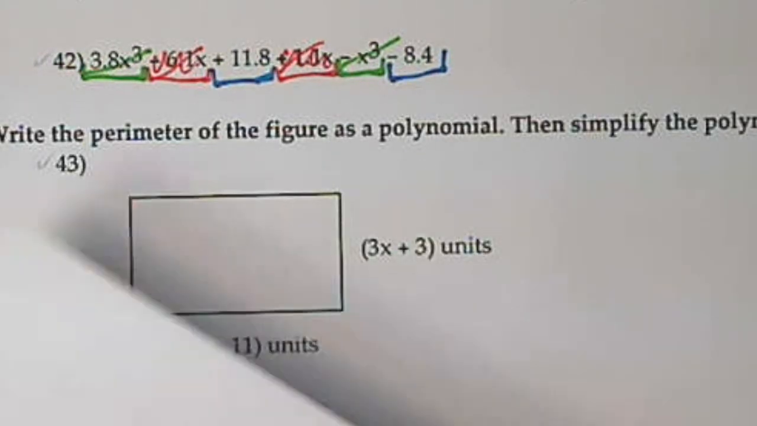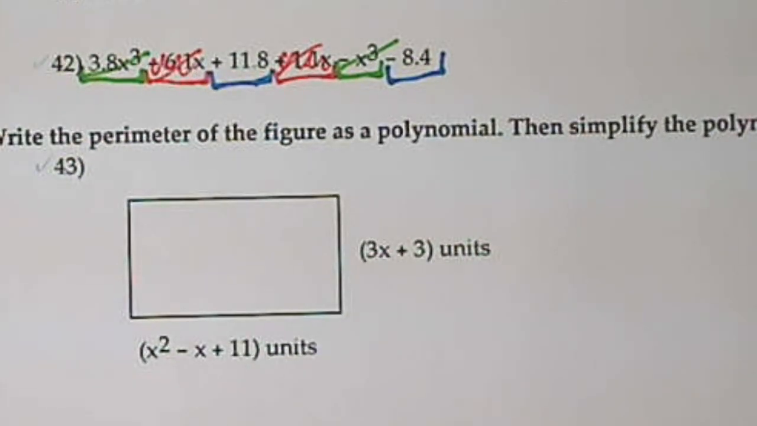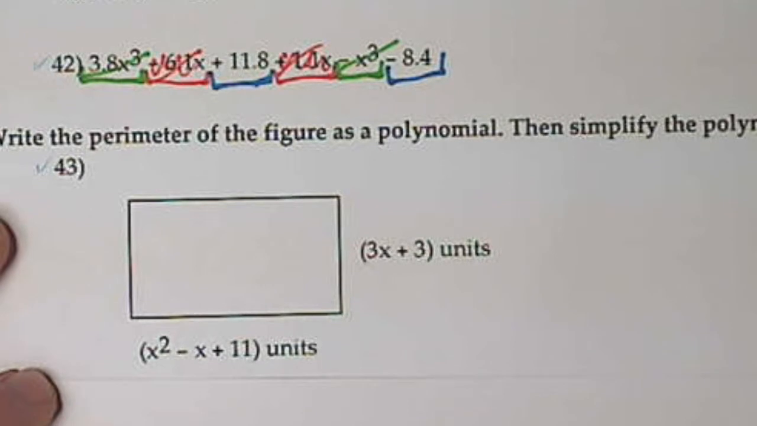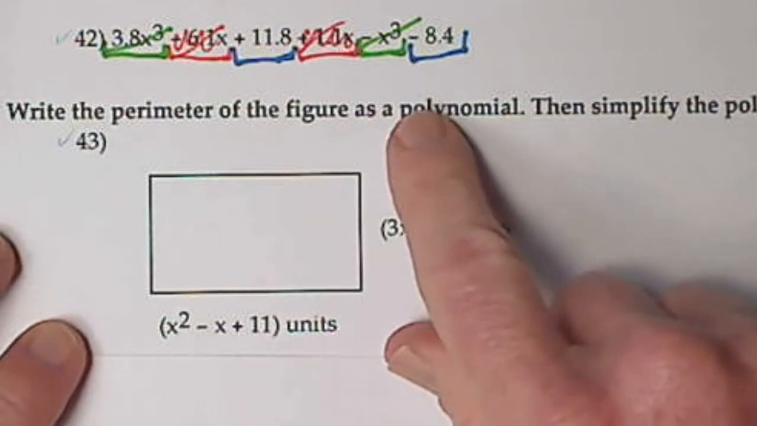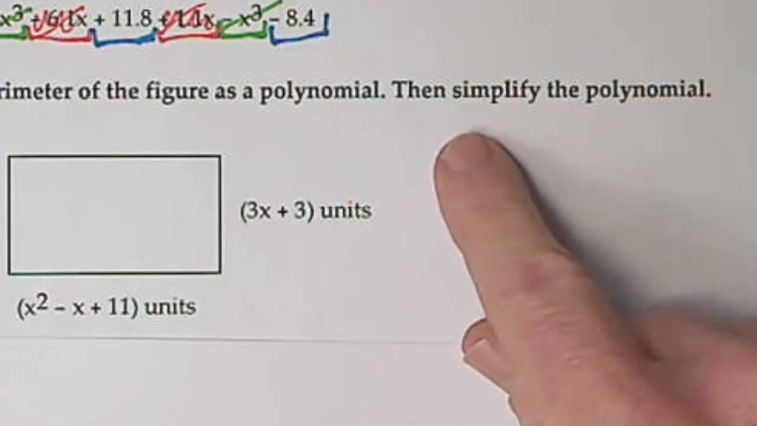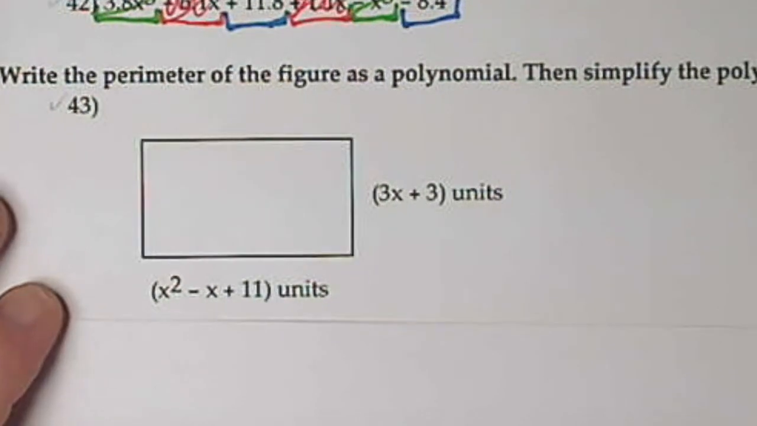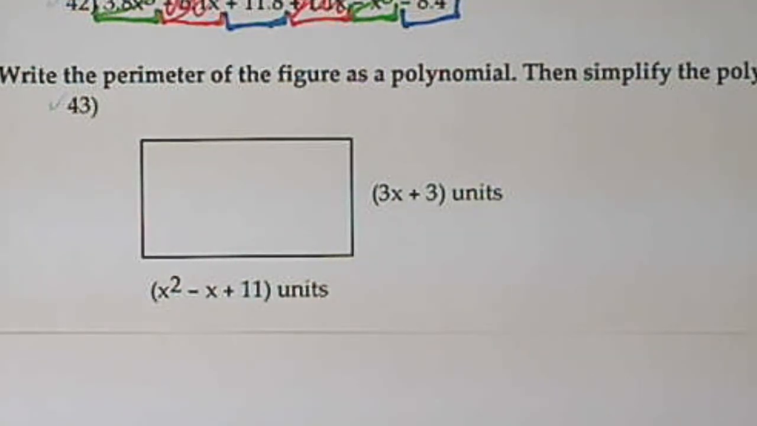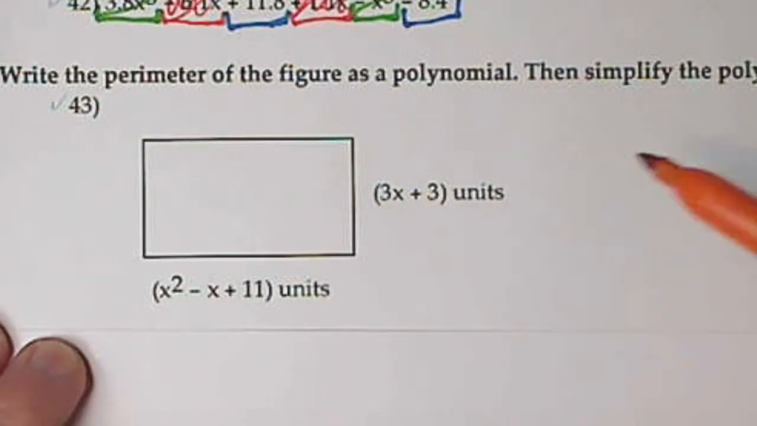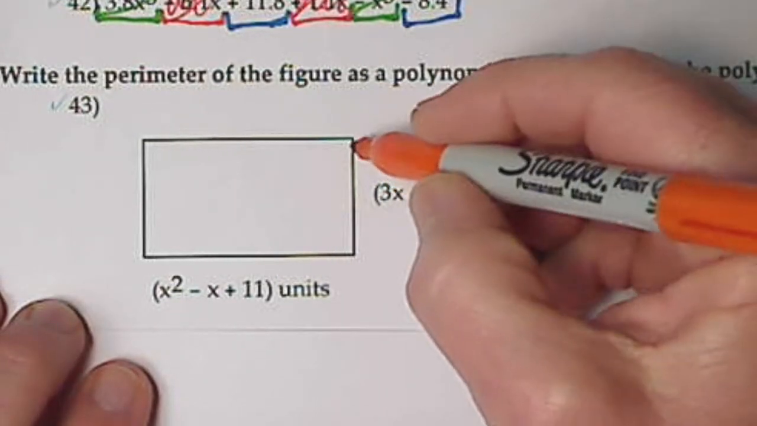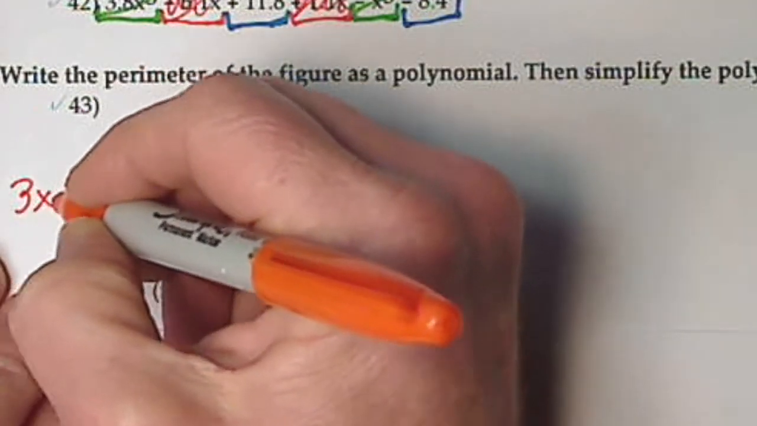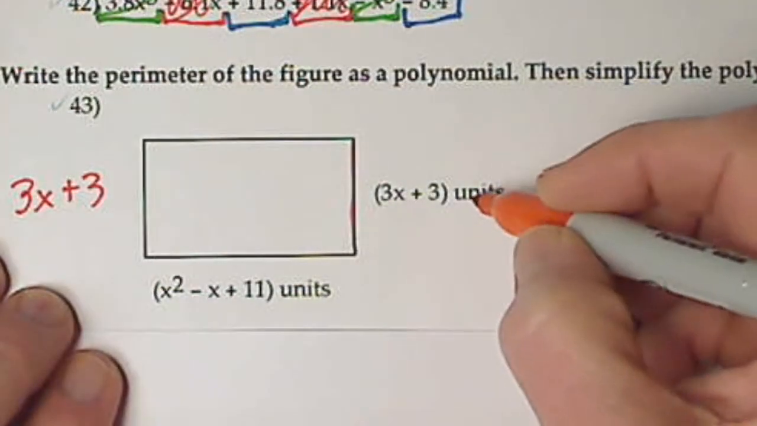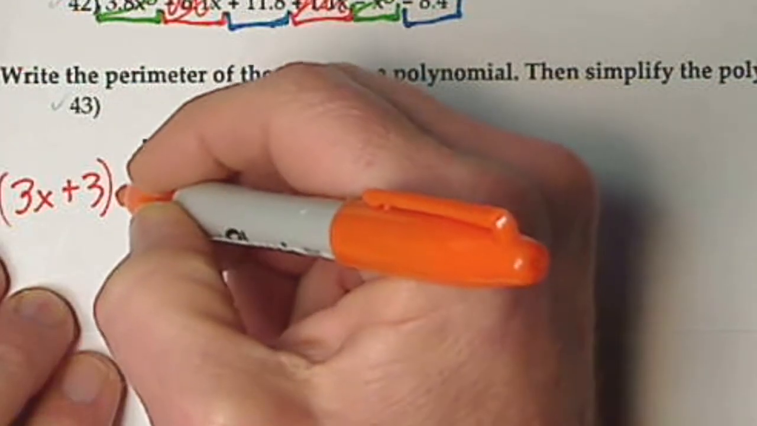And let me see, number 43 might look quite a bit different, and it's actually the same thing going on with number 44. Write the perimeter of the figure as a polynomial and then simplify the polynomial. All right, so I'll move this back. Remember, the perimeter, you simply add up all the sides. So if this side right here is 3x plus 3, that means this side is 3x plus 3 as well. Units, they could have said feet or something, but I'll just put